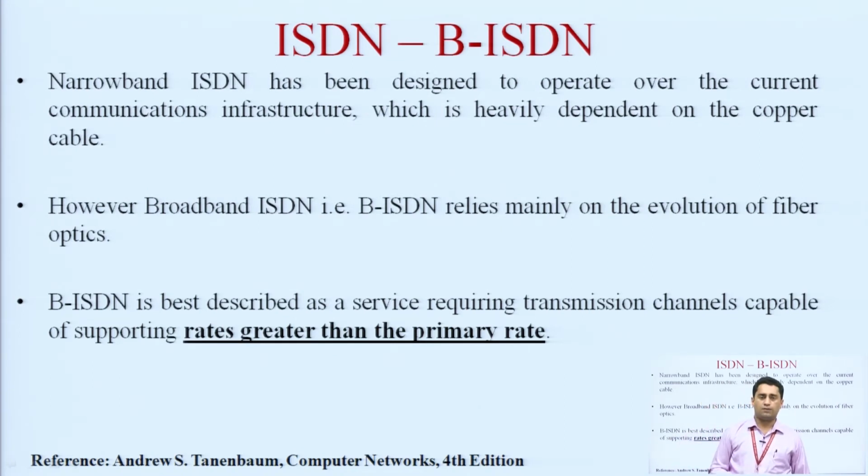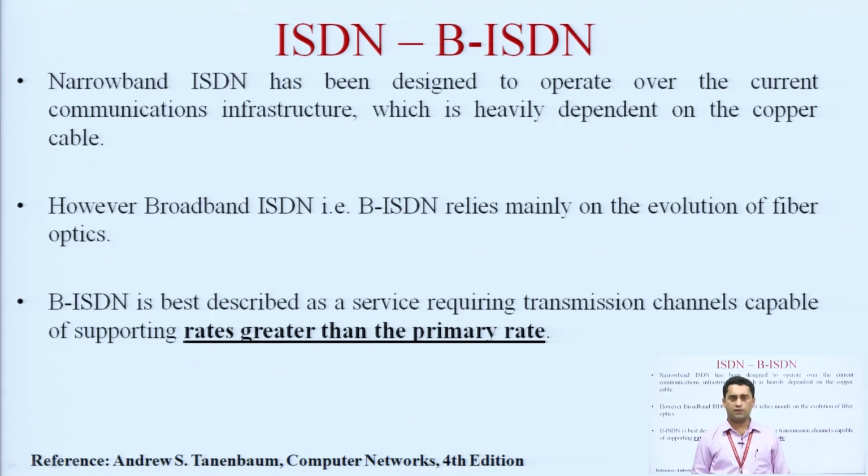The third interface in ISDN is BISDN. As I said, B represents broadband. So, in this case, we can say the rates are much higher than the PRI. If I compare the three interfaces, basic rate interface, primary rate interface and this broadband interface,